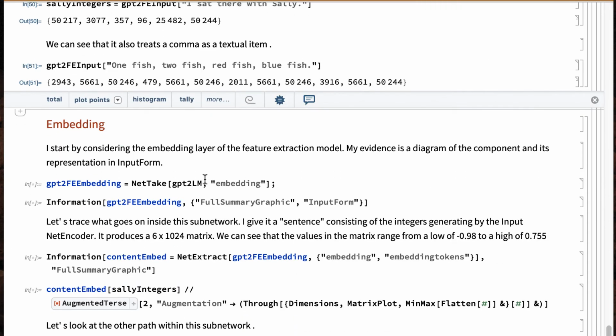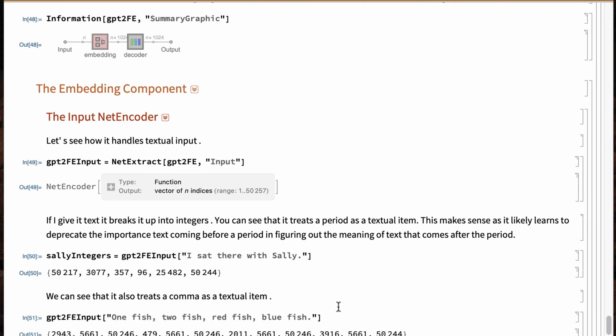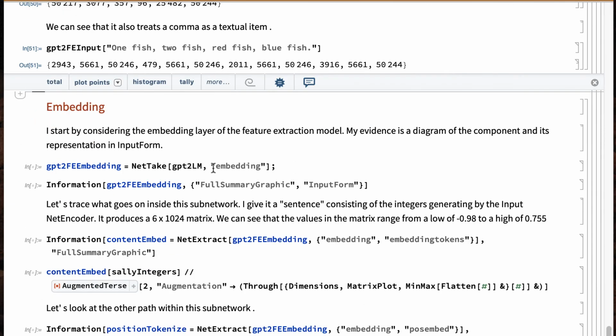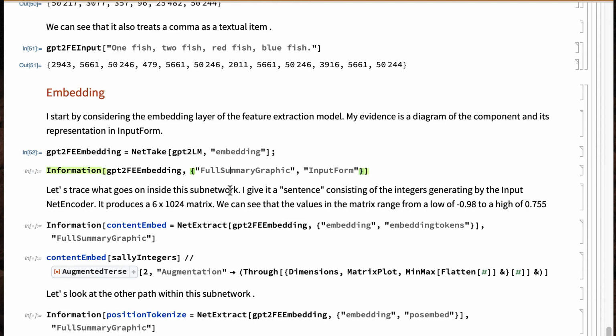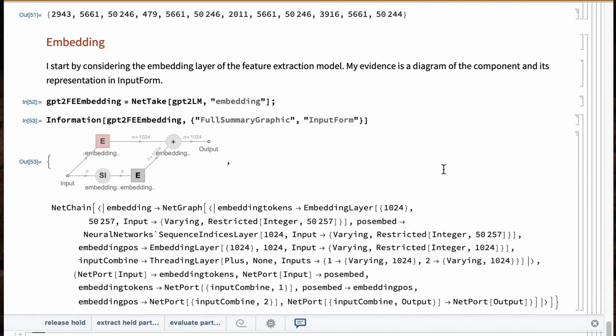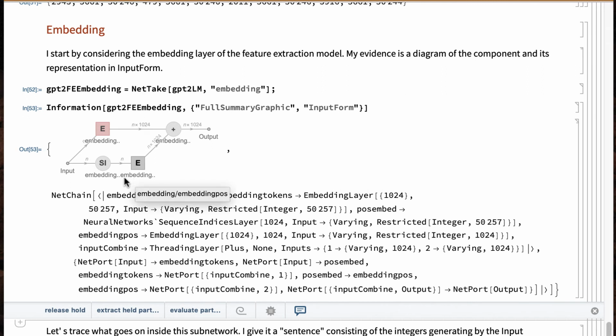And now let's look at this embedding piece here. Let's take a look at the full summary graphic of it, and also look at how it's represented in input form. That is, if you actually wanted to type this in. And here's a picture of what the embedding layer looks like.